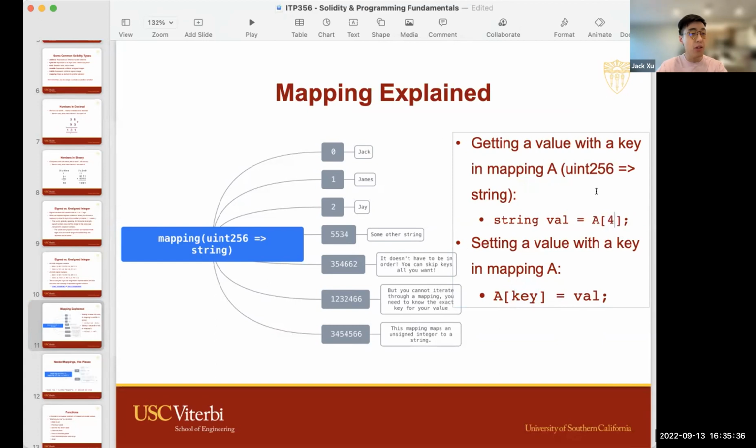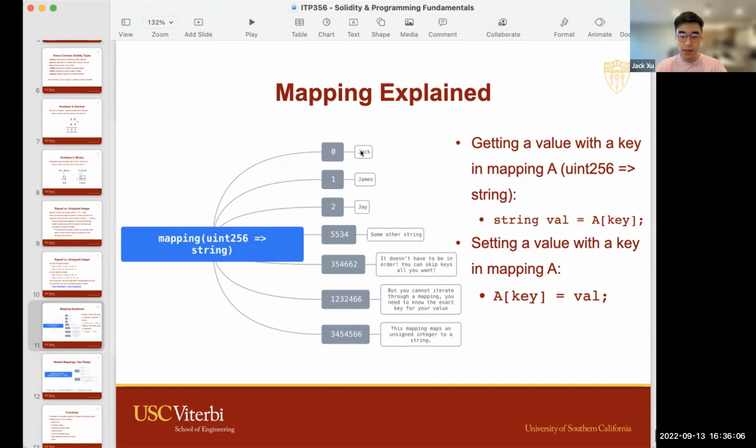Then how do we know if this value hasn't been set before, or if we just set it to an empty string to begin with? Basically in an array, you allocate a certain length first, and if you go past that length, the program throws an error because you've gone past the maximum length. But in a mapping, everything is initialized to the default value.